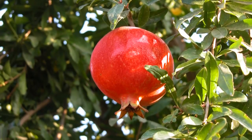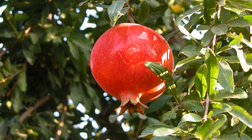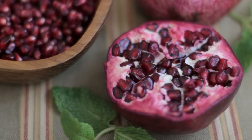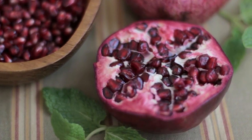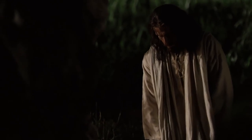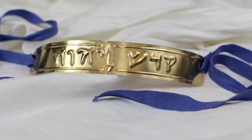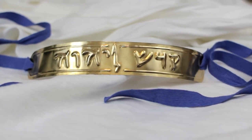The pomegranate in the scriptures represents fruitfulness, posterity, and prosperity, as there are literally hundreds of seeds in a single fruit. It is through the atonement of the Messiah that we all are made children of Christ and heirs of his kingdom. In the scriptures, the forehead represents what a person's thoughts dwell on, and therefore what he loves or desires. For the same reason, the Mosaic high priest wore an engraved gold signet on his forehead that read, "Holiness